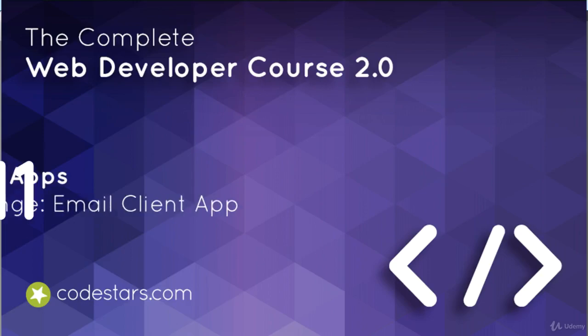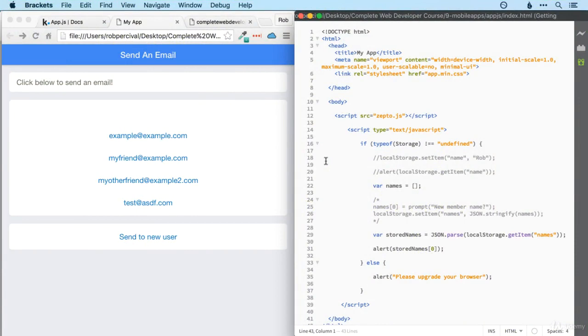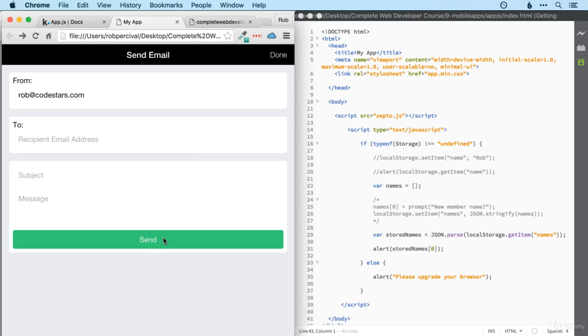So now I've got a pretty big challenge for you. Our aim here is to create a simple email client that we could use as a mobile app, which allows the user to send an email to and from anyone they like. So when someone first uses the app, they might send to a new user, and then they can put their email address in there, the from email, a message,